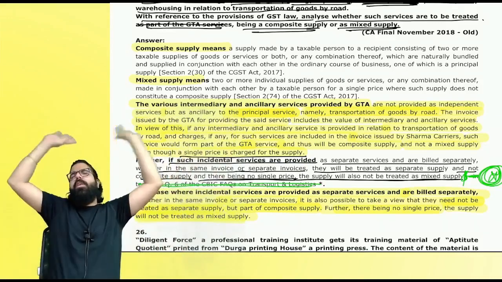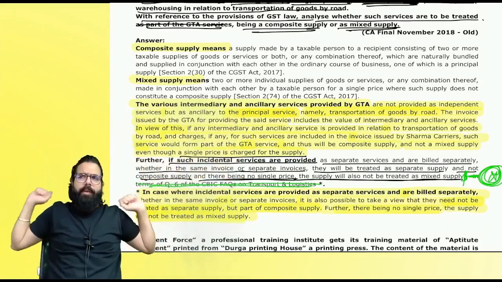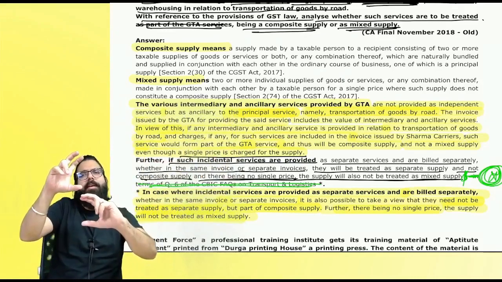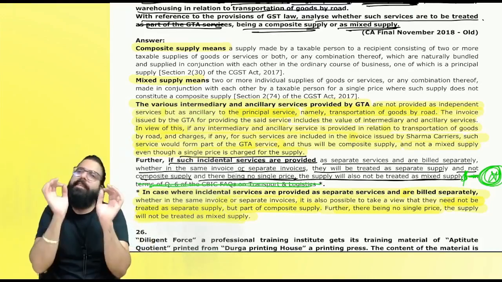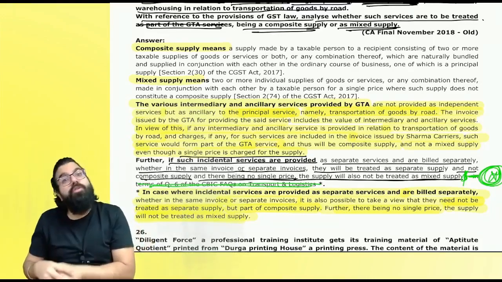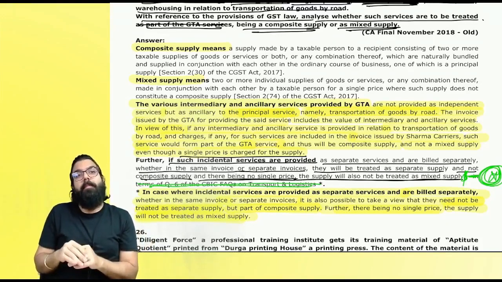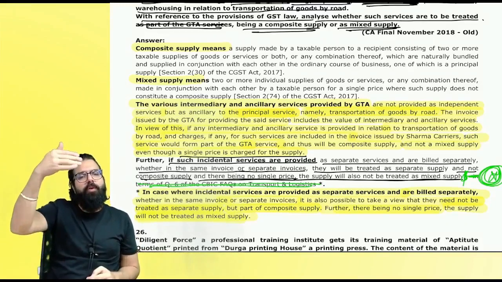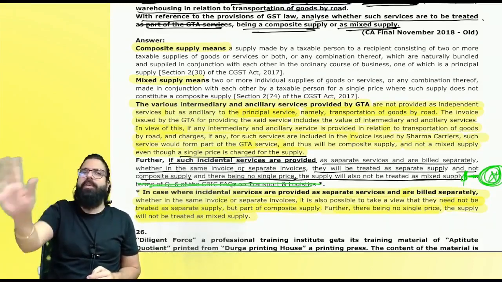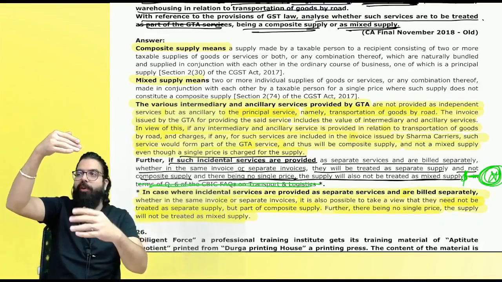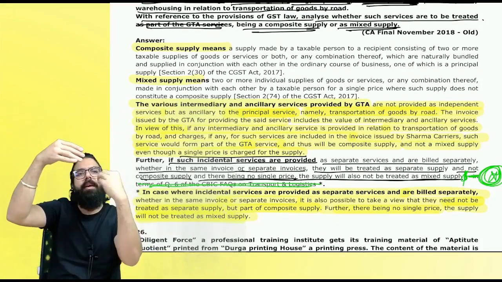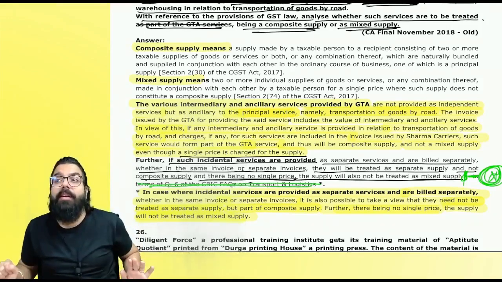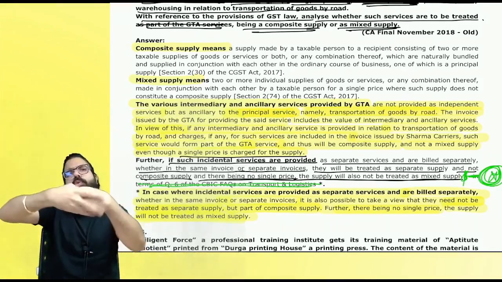I told, see, for the whole transportation, I'll charge you 40,000. I told I will bill transportation separately and I'll bill ancillary services separately. But is it not a composite supply? It is still a composite supply. But it is also possible to take a view that, in my opinion, when they have told you that, sir, we'll do transportation, and optionally they have told you that we'll do packing, unpacking, loading, unloading, that's optional, if you want, we'll charge you 10,000 extra, then separate supply. But if it is together,